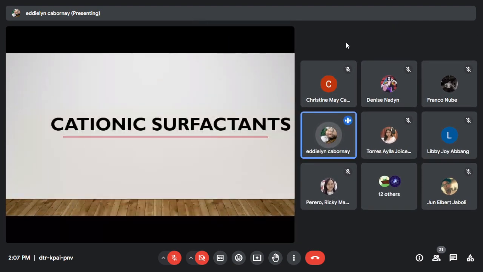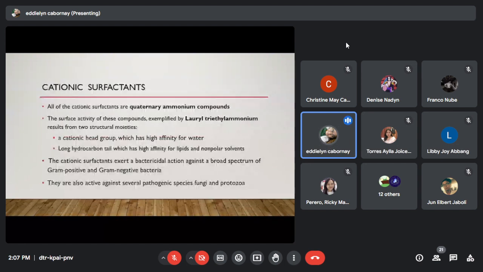Okay, so let's move on to the cationic surfactants. What is the use of the cationic surfactants? These compounds are quaternary ammonium compounds. The surface activity of these compounds, exemplified by lauryl triethyl ammonium, results from two structural features: the cationic head group, which has a high affinity for water, or is hydrophilic, whereas the long hydrocarbon tail has a high affinity for lipids, or is lipophilic,